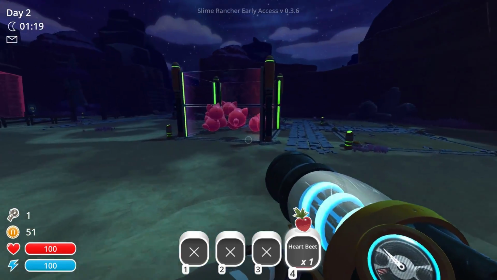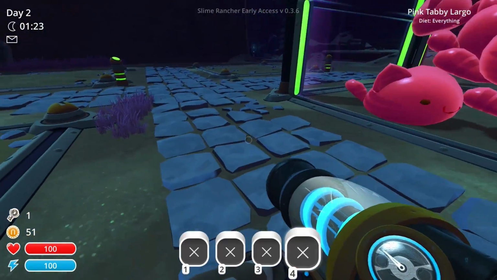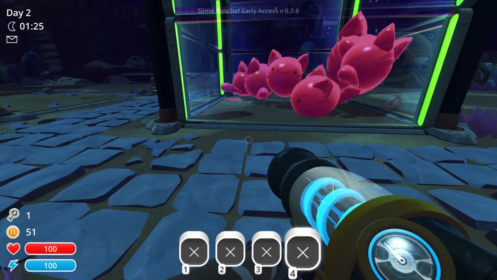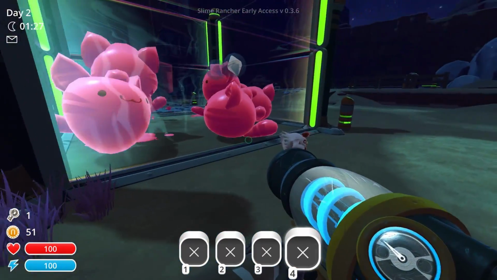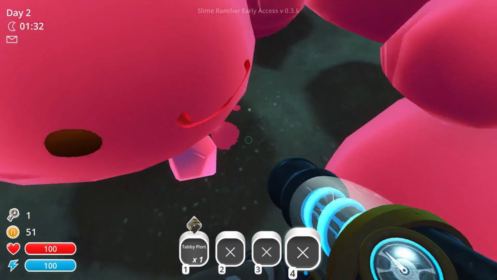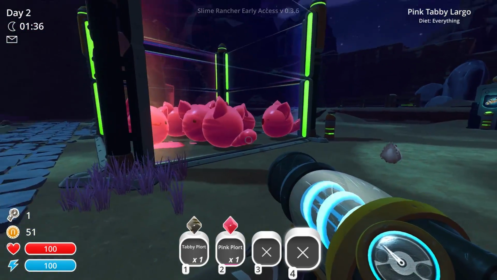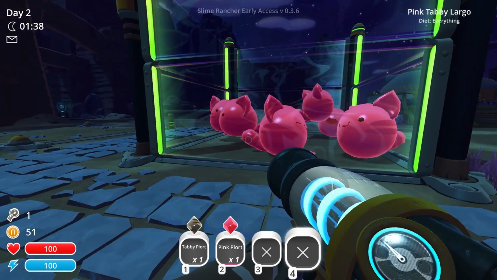Now, to explain the way that Largo slimes work, it's pretty straightforward. Oops. I just shot a heartbeat at them. So as you can see, one of them just ate it, and it gave me a tabby plort and a pink plort. So that's great. It's a little bit of a pain to go into the cage,